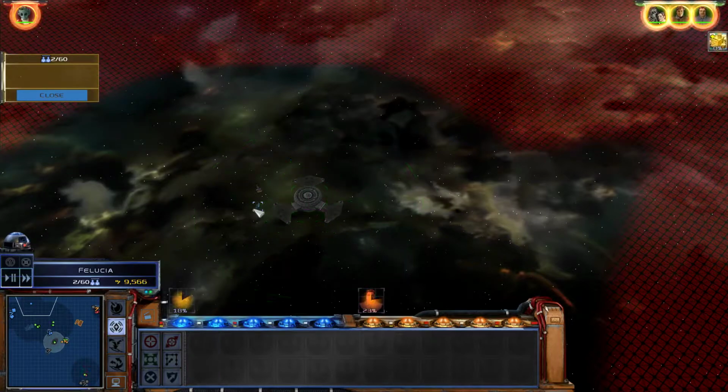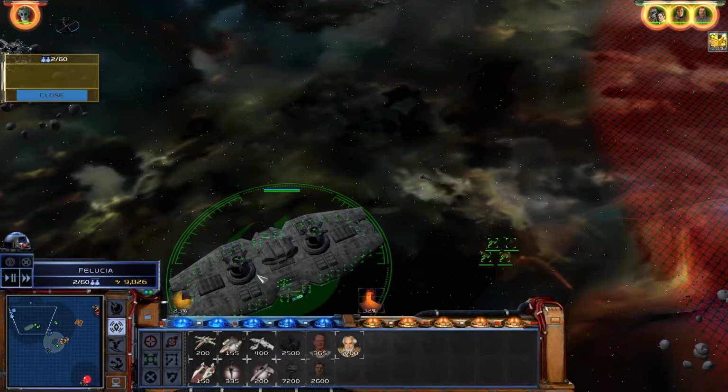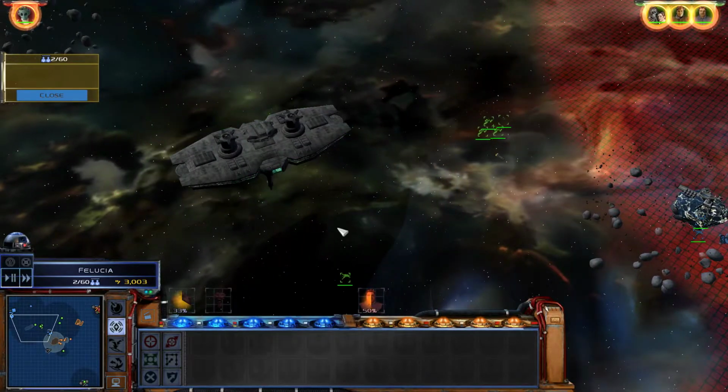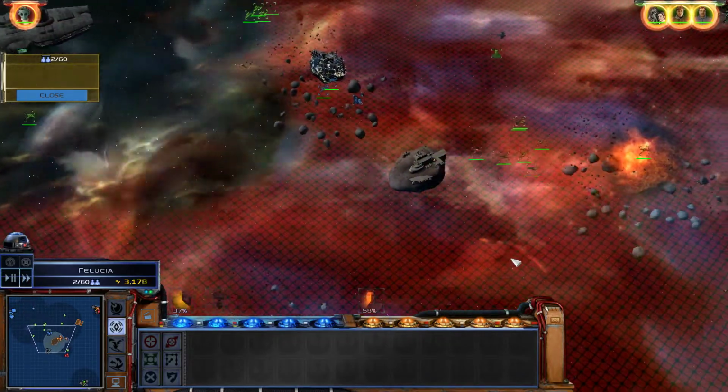New construction. Doesn't actually really do anything other than has some weaponry. But it brings in some money and it's got some guns. And I like both of those things. The research starbase is the really cool one. We're going to get that one because that lets us start unlocking different upgrades and advancements. Makes us much more of a